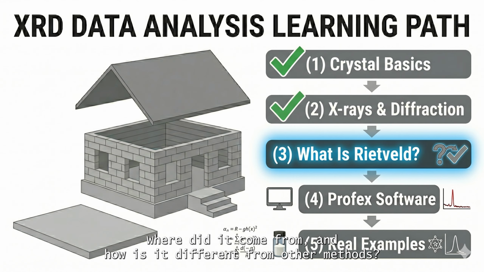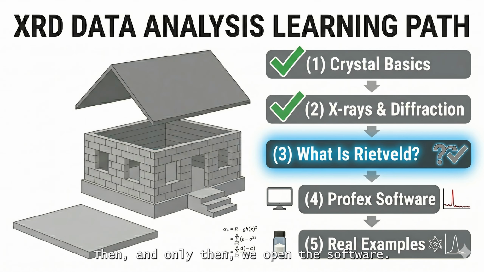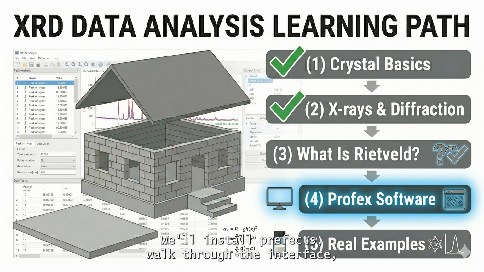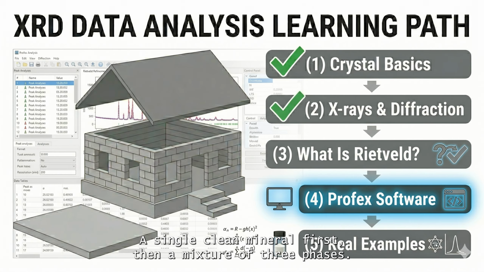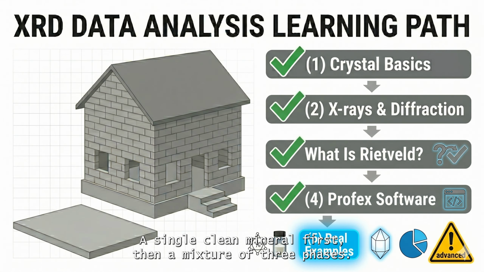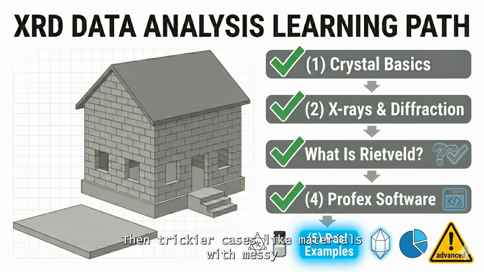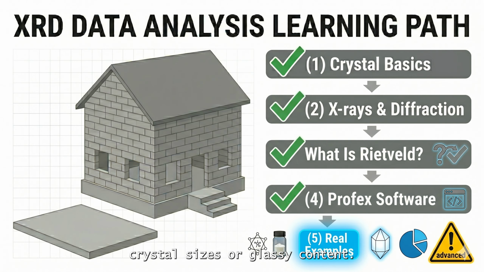Where did it come from? And how is it different from other methods? Then, and only then, we open the software. We'll install Profex, walk through the interface, and run real refinements on real data. A single clean mineral first, then a mixture of 3 phases, then trickier cases like materials with messy crystal sizes